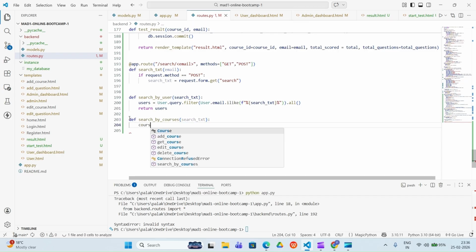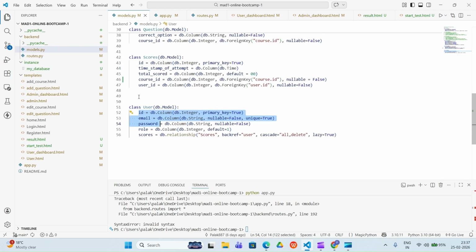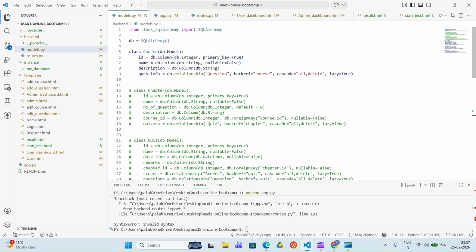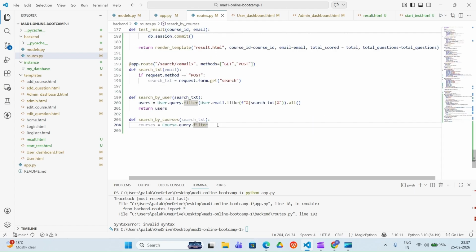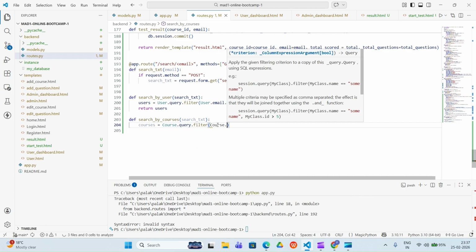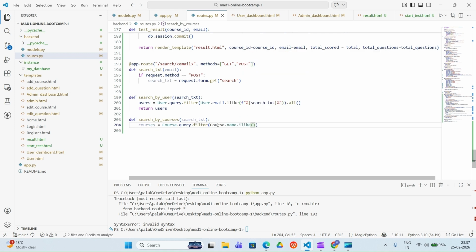So we'll write here courses, and that equals Course.query.filter. And now we'll filter with the course. We'll check the models and see what is relevant for the course. So we have here id, name, and description. Again name will be available here, so we can just go for the name. So we'll search Course.name, and then again use ilike, and we'll write here f, and